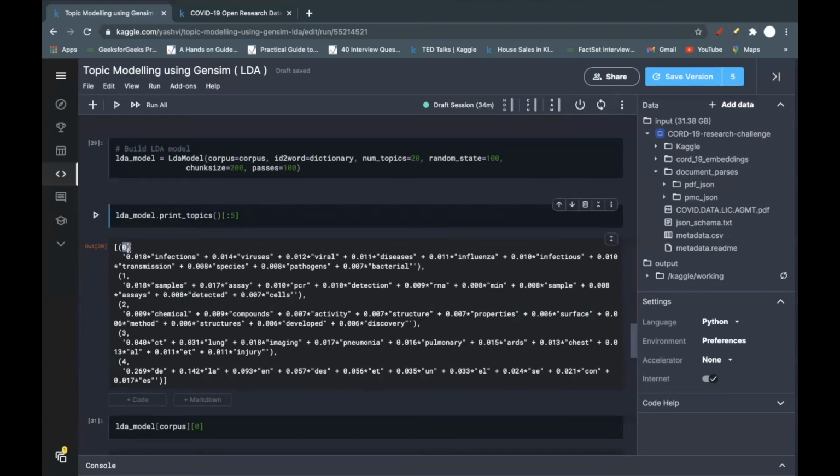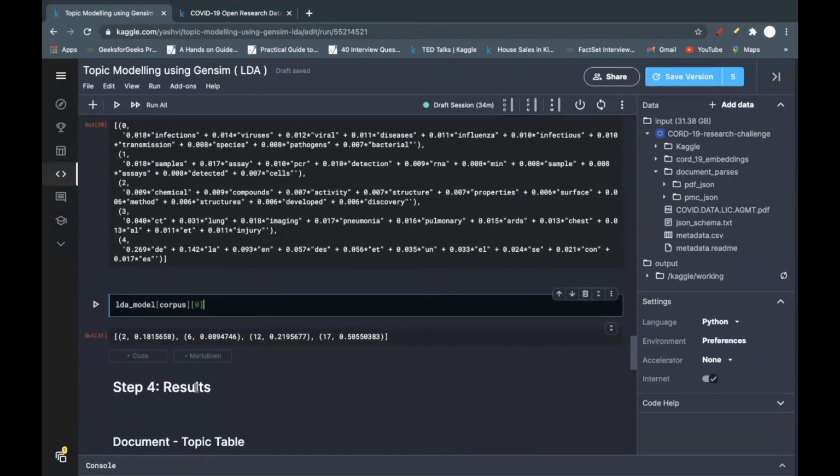In the 0th topic, 0.018 for infection, viruses, viral diseases, samples, assay, PCR detection, RNA, structure, activity, chemical compound. These words are in that topic, and so on.